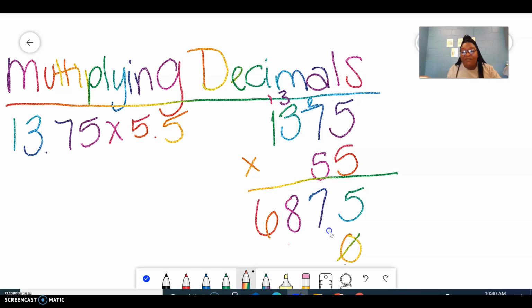5 times 5 is 25. Carry my 2. 5 times 7 is 35. Plus 2 is 37. Carry my 3. 5 times 3 is 15. Plus 3 is 18. Carry my 1. 5 times 1 is 5. Plus 1 is 6. So when I add those numbers together, and we can't really see it,